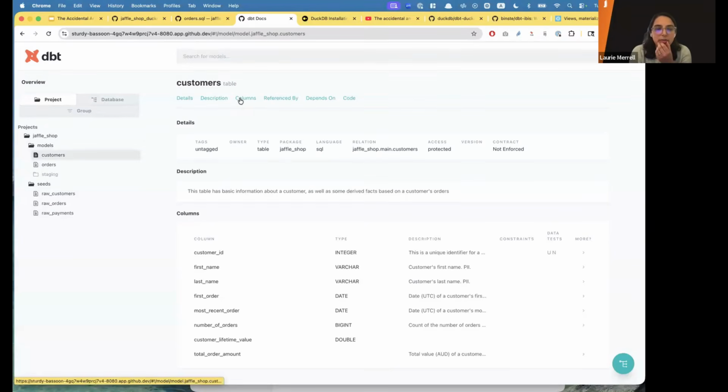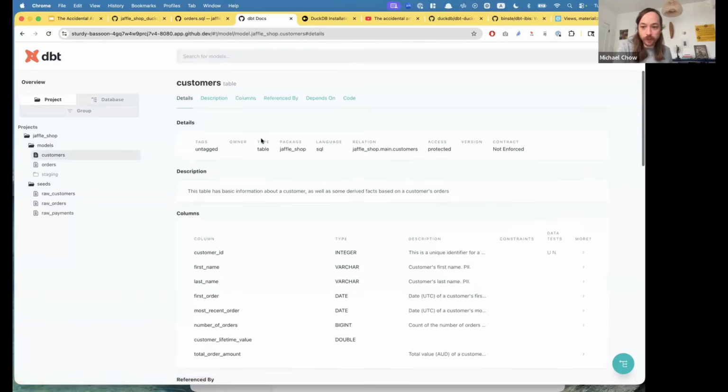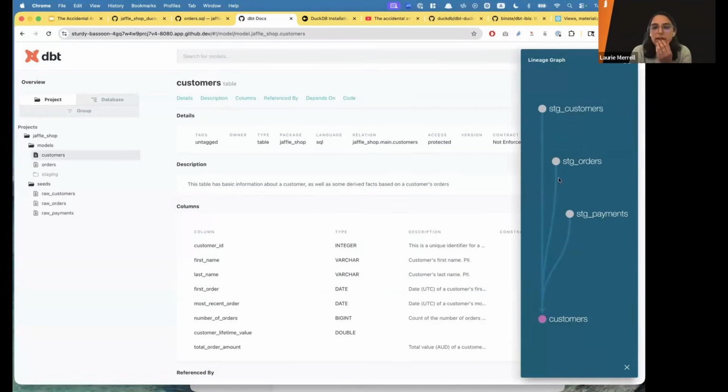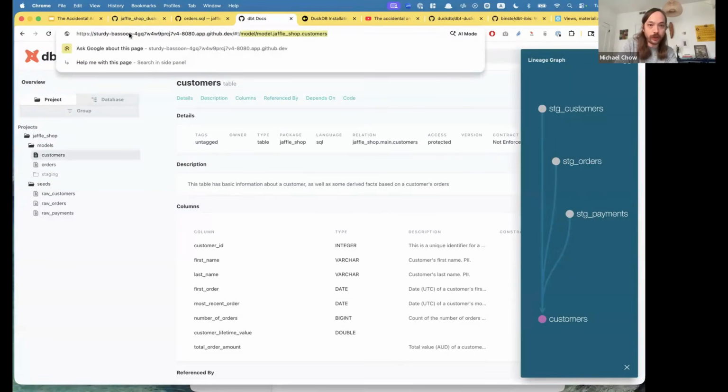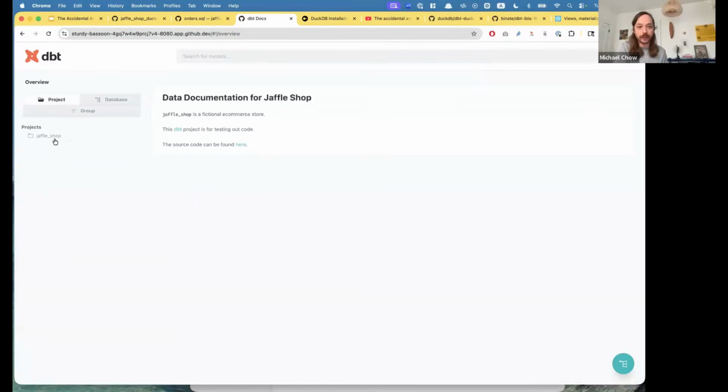Where's the graph? I can't remember. Oh, on here, bottom right, the little, yeah. So it'll show you your dependency lineage, and I guess this one's really basic. Where did we click to get here? Go back to the homepage, Michael, of the doc site, maybe. Let me restart the whole thing, that's what we should share. I'm not actually sure if the folders are clickable and expand.